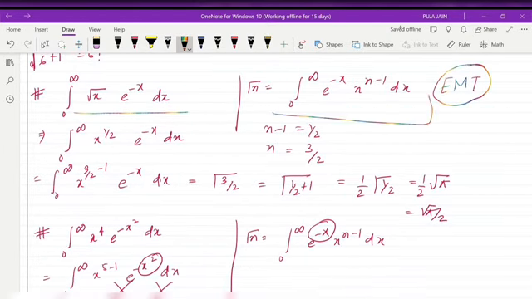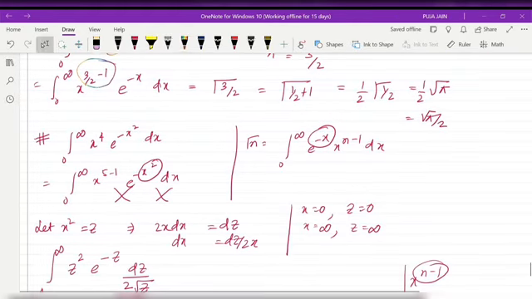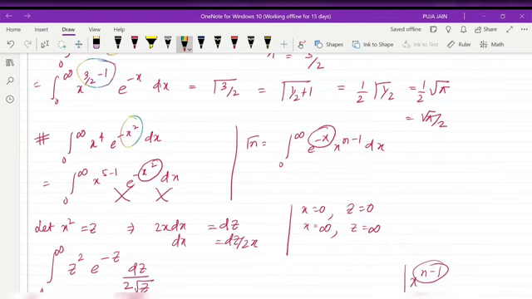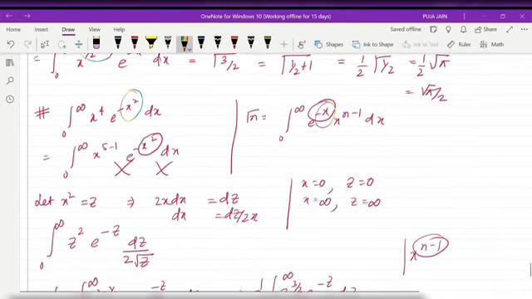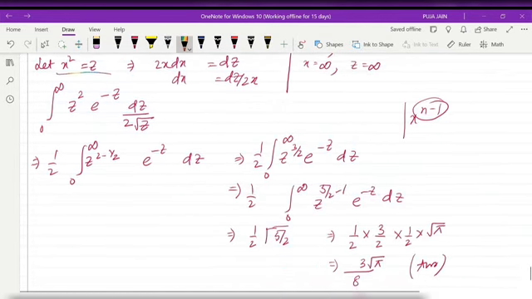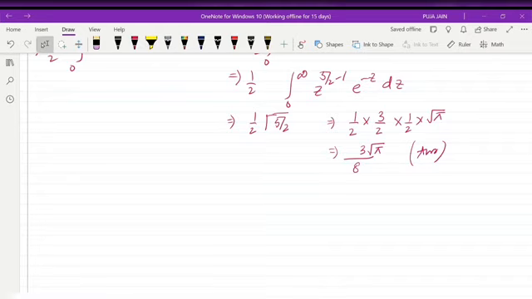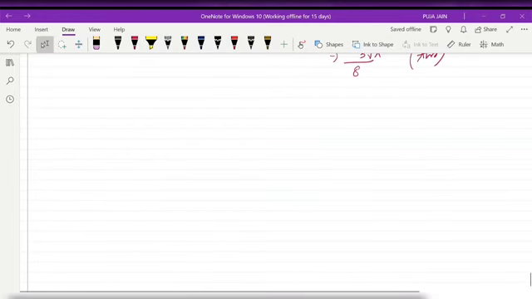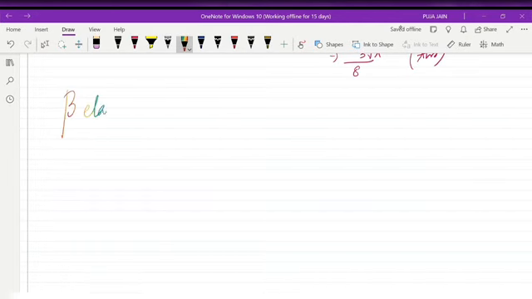You should know the general formula of the gamma function, and you have to just convert these values in terms of n minus 1. And if you are getting something like x square, then you have to first convert it in terms of x, because we don't need any quadratic term. We need only the single power of a function. It can be x, z. Just substitute and you will get the result. In this way we have to do. So I hope you are understanding what is gamma function. Next we will see what is beta function.